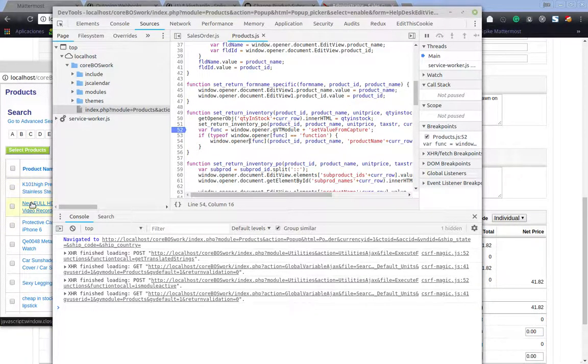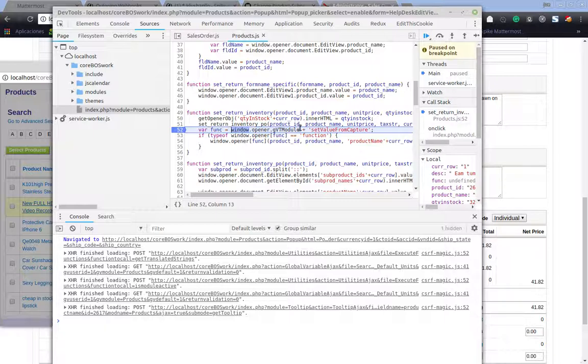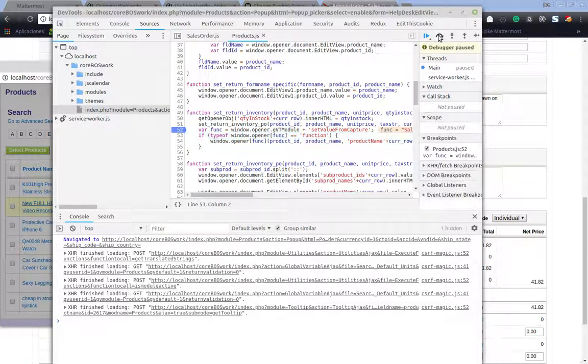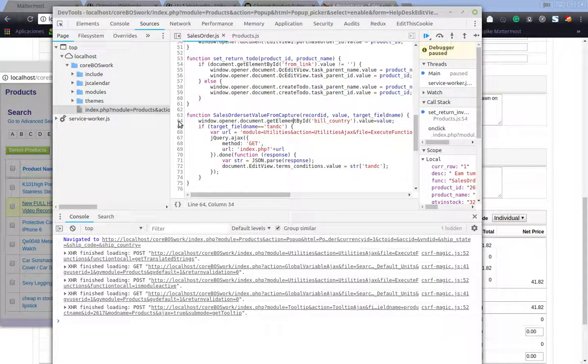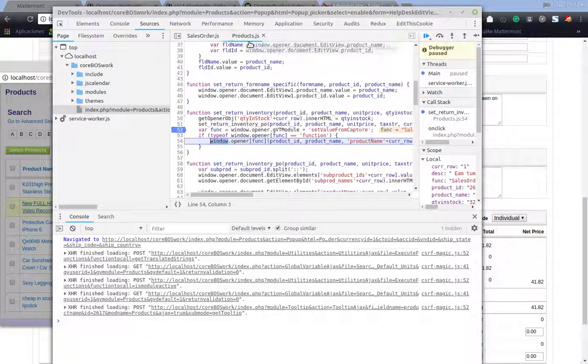And I click again on this one, and it says, okay, var function this. Let's step that through and see what function has. Function has sales order set value from the. Okay, now we look if that function exists. It does, and so we call this with all of this. Okay, then let's stop this one here, because I guess that what now is going to happen is that if I click go,